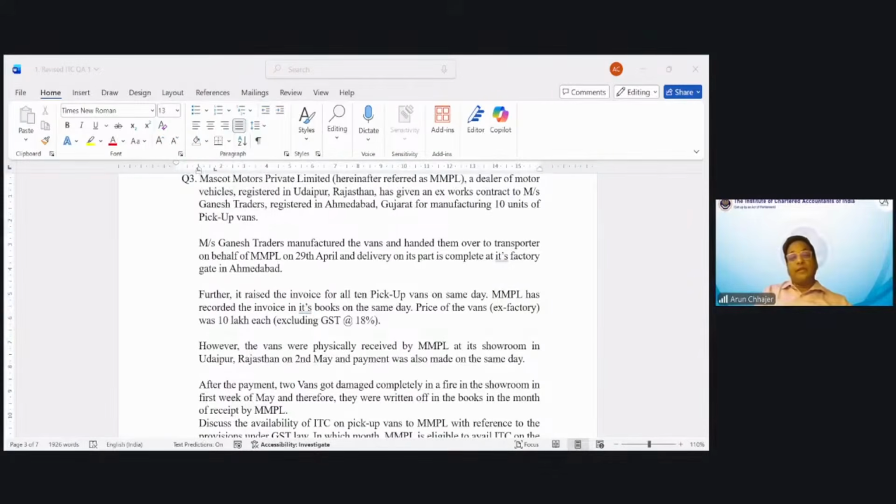Correct. So it would be 18 lakh, na. हाँ, IGST, it will be IGST. And what would be the amount? 10 lakh into 10 is 1 crore, into 18%, 18 lakh will be the amount. Correct. And next part,